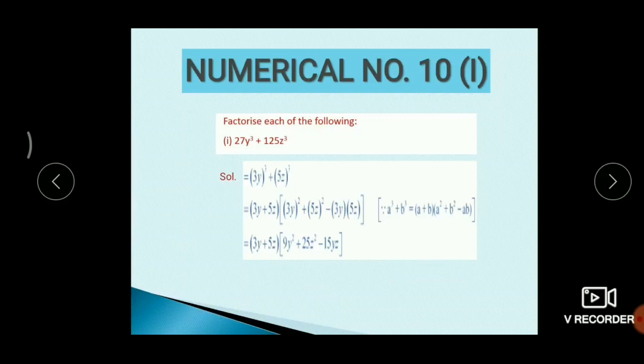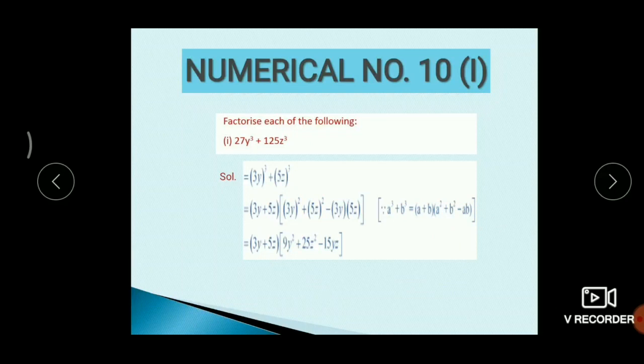Comparing this given polynomial with that previous identity, I got 27y cube can be written as (3y) whole cube plus 125z cube can be written as (5z) whole cube. Now comparing this with the identity a cube plus b cube, or you can say x cube plus y cube, it's one and the same thing, right? a cube plus b cube is equal to (a plus b) multiplied by (a square plus b square minus ab). Now simply substituting these values in the right hand side of this given identity, I got 3y plus 5z multiplied by